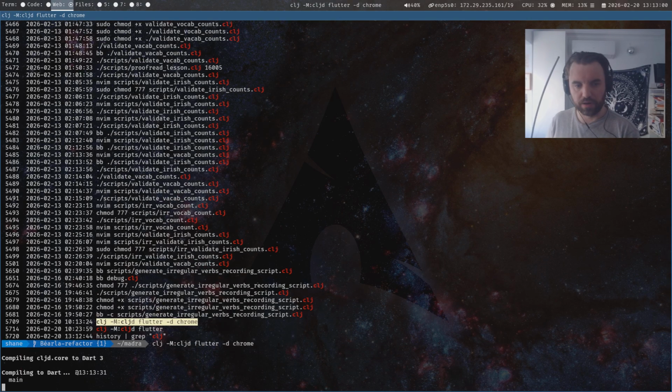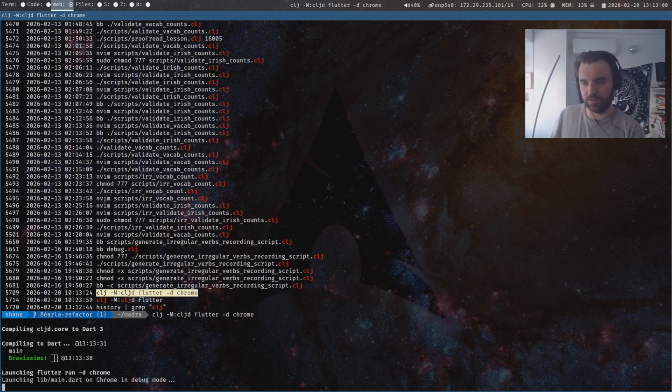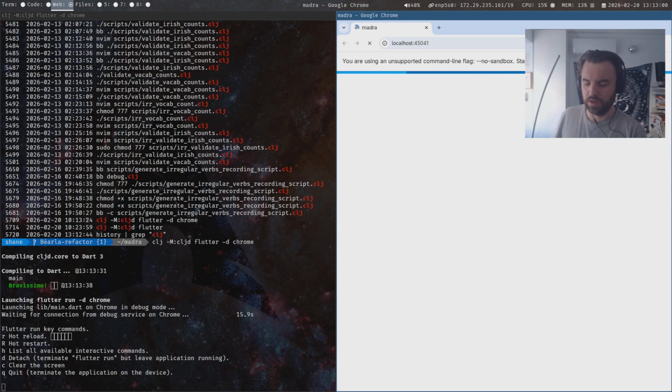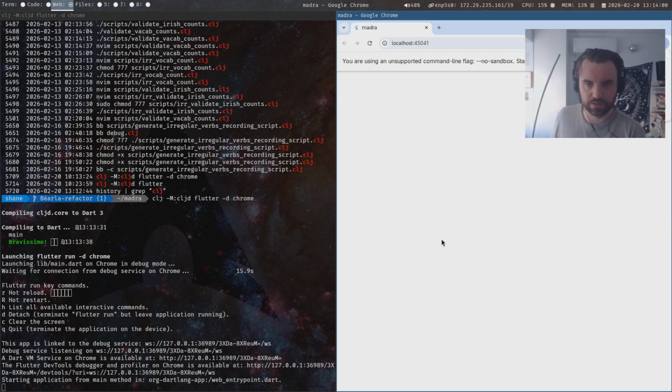I want to open it out there. I want to show the REPL too. So this is starting a REPL, which means every time you make a change, it updates the app automatically, which is quite nice. Because later on, I have to keep jumping around. When you work on the app and you make a change, you have to rebuild it, which takes a few seconds. If you're doing the data, you need to generate the code, which takes a few seconds, and then you have to build it, and then you have to go into the app and navigate to where you want to check how it worked. So it takes a bit of time.